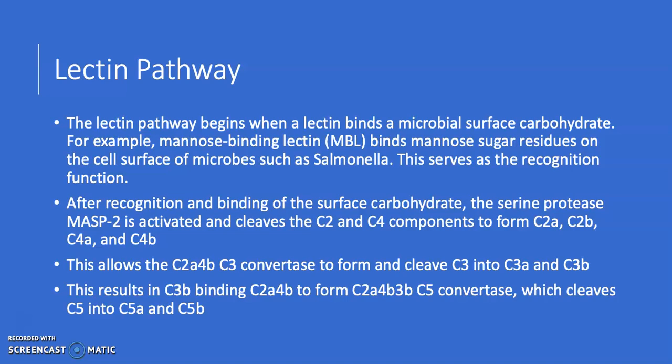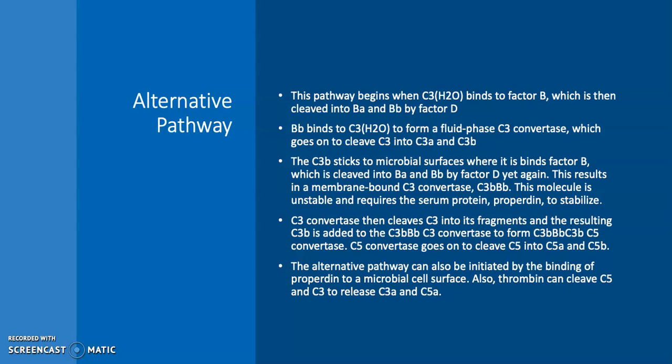So after recognition and binding of the surface carbohydrate, the serine protease MASP2 is activated. This cleaves the C2 and C4 components to form C2a, C2b, C4a, and C4b. That allows C2a and C4b to combine to form the C2a4b C3 convertase, and it goes on to cleave C3 into C3a and C3b. This results in C3b binding to C2a4b to form C2a4b3b C5 convertase,